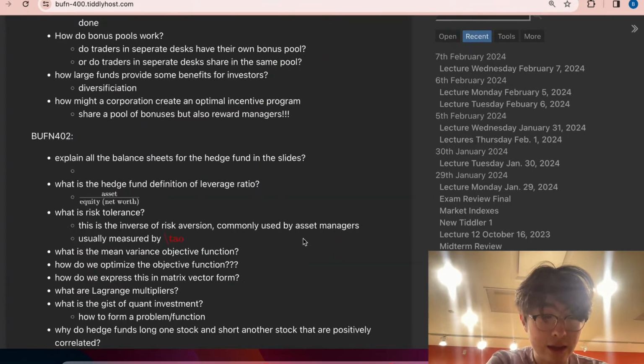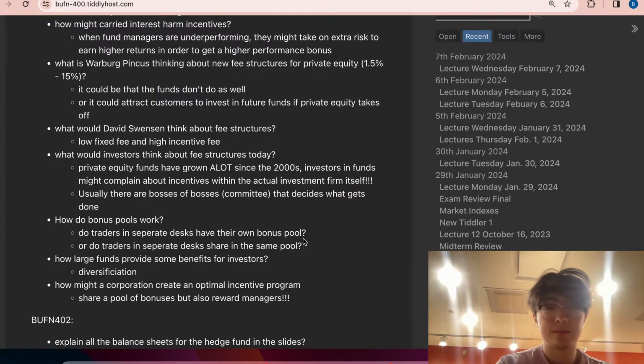But yeah, I think moral of the story, some takeaways are I learned a lot about how private equity fundraising works, and also how to think about incentives and how fee structures work, and maybe how to think as, let's say, a pension fund or an endowment, thinking about how they might think about making or allocating investments to these different private equity funds.